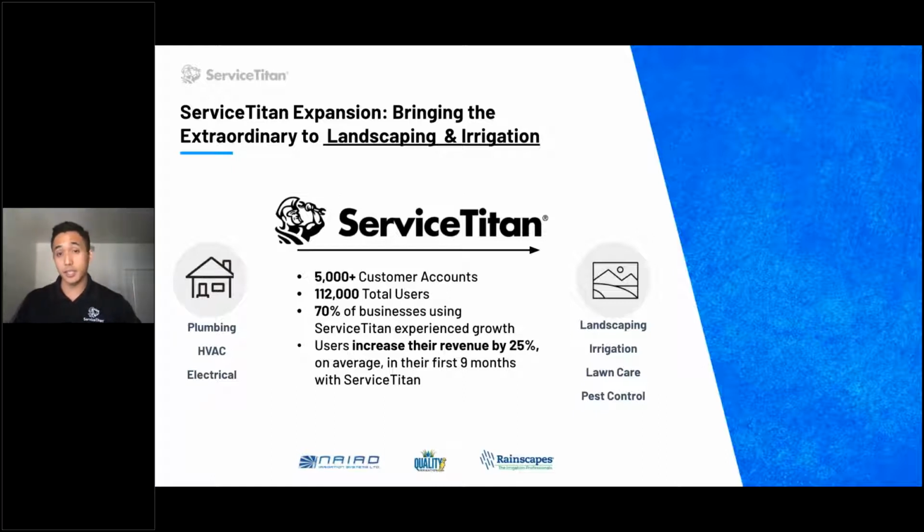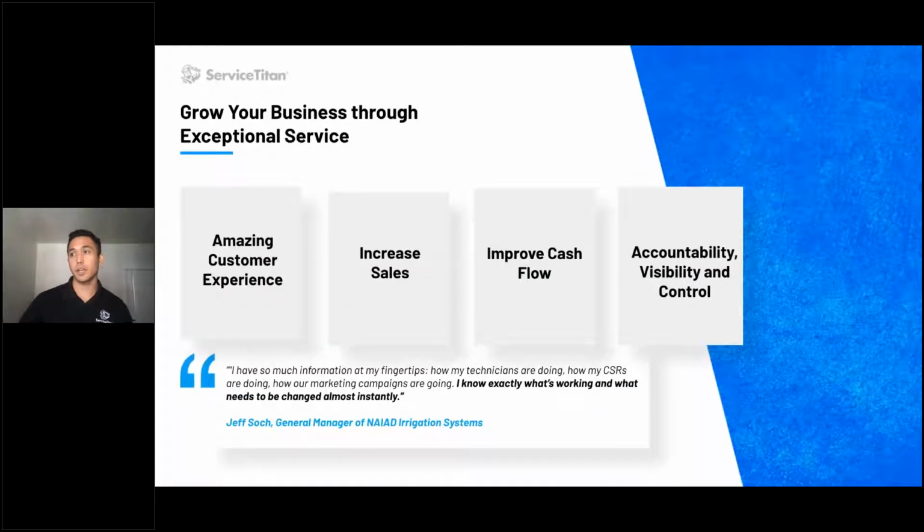Now, when we look at the data out of all of our customers, the average user experiences an increase in revenue of about 25% within the first 9 months. Now, that is really powerful, and we want to bring those results to contractors like yourself. So we're able to do that by 4 main points. And these areas are common themes that you'll hear from the customers that I will mention today, and you'll see